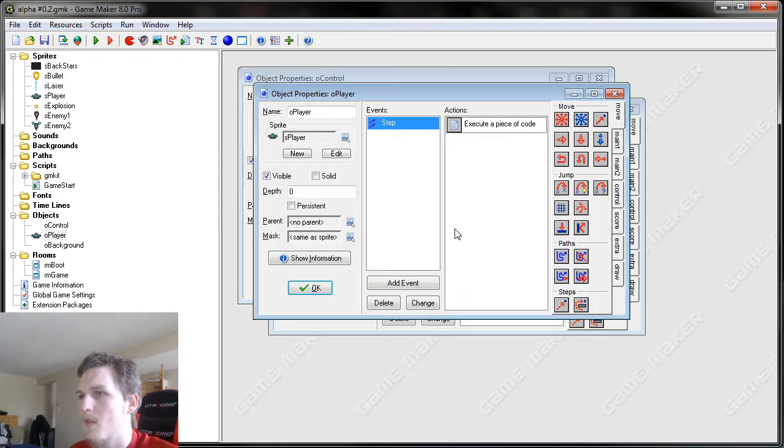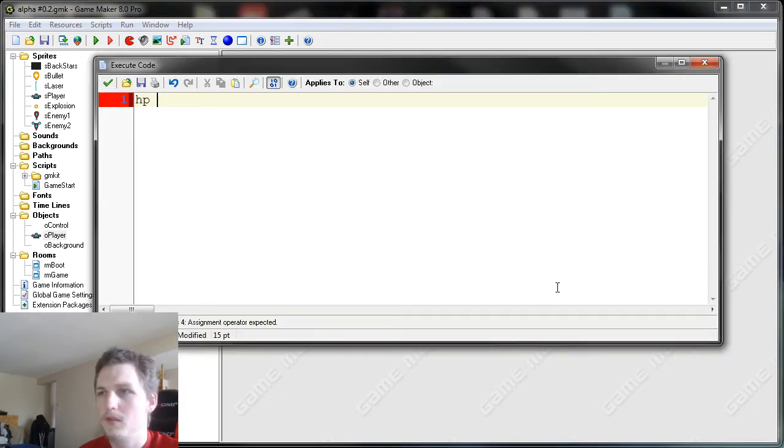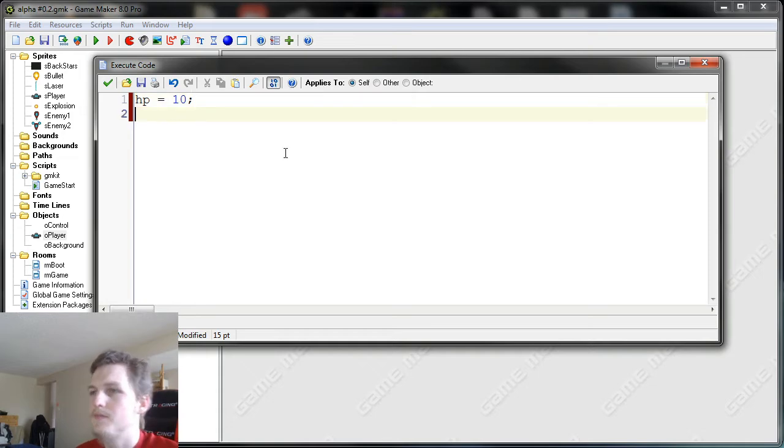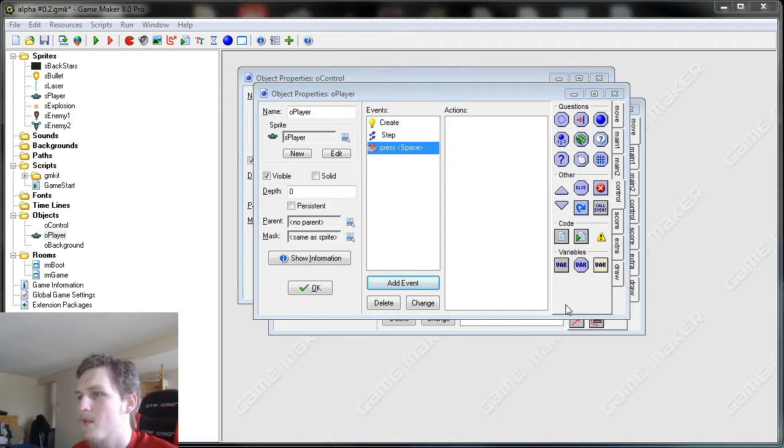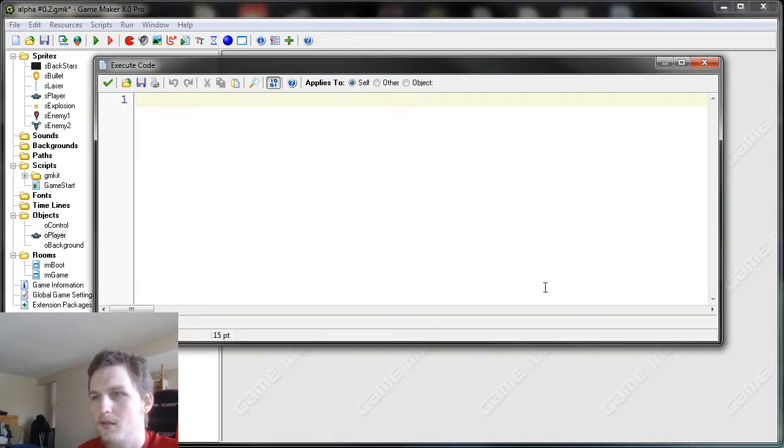Okay, cool. So for the health points, we're going to create a new variable. HP is equal to 10 hit points or health points, and then we're gonna test it by subtracting